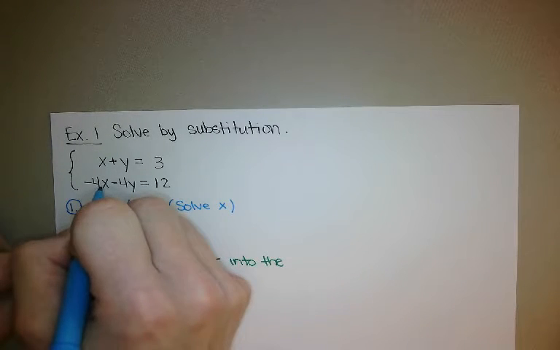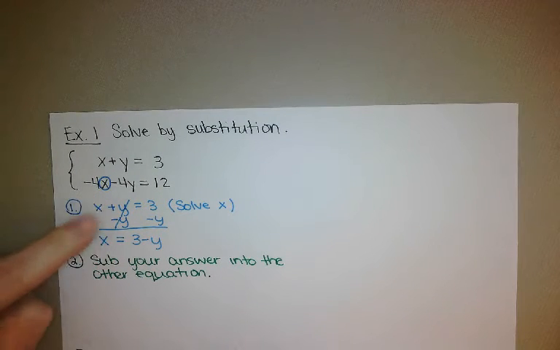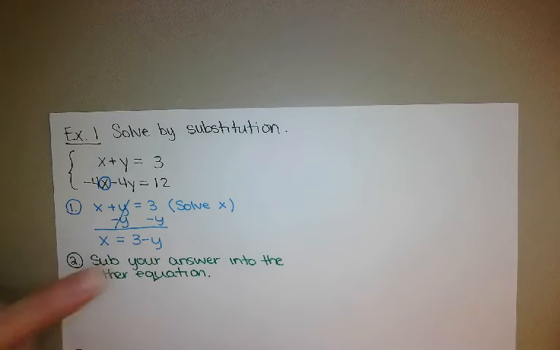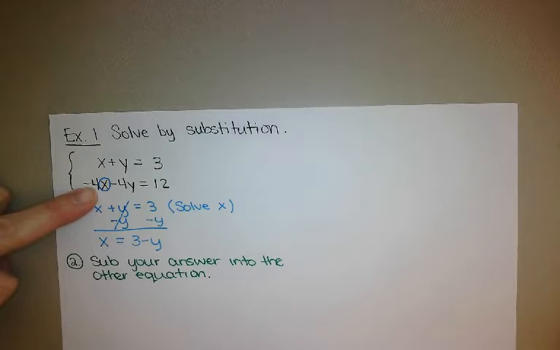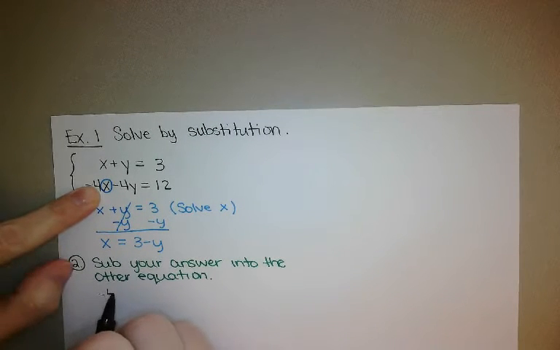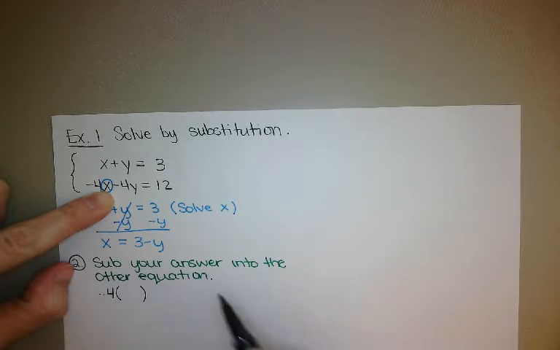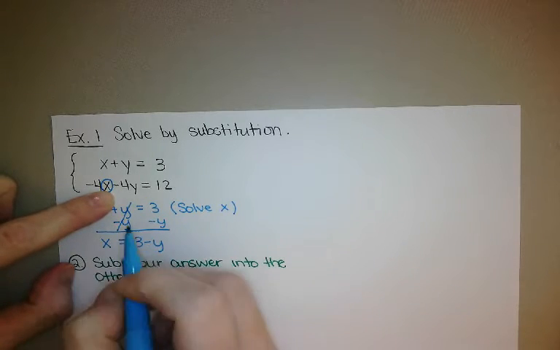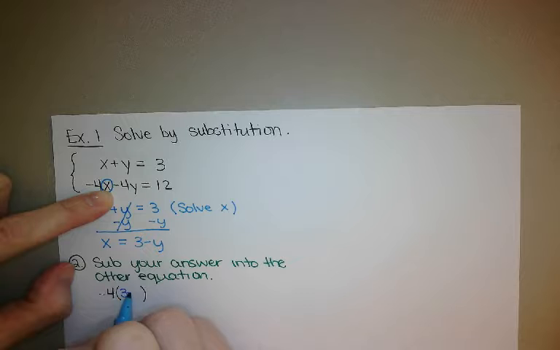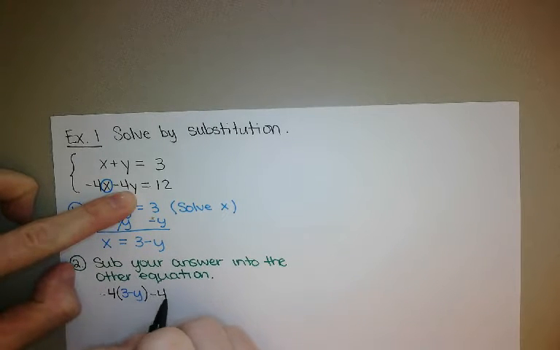So here's my x. And instead of writing an x, I'm going to sub it in with its expression. All right, so I'm going to say that I've got -4, but now instead of an x, I'm going to substitute what our x is, which is 3 minus y. Then I'm going to say minus 4y